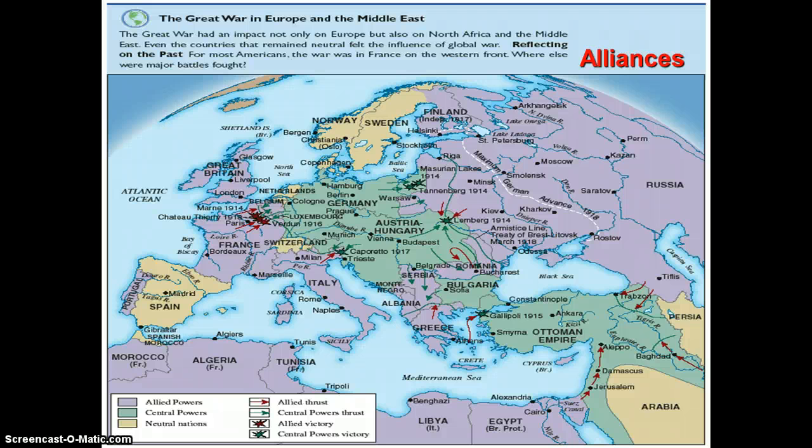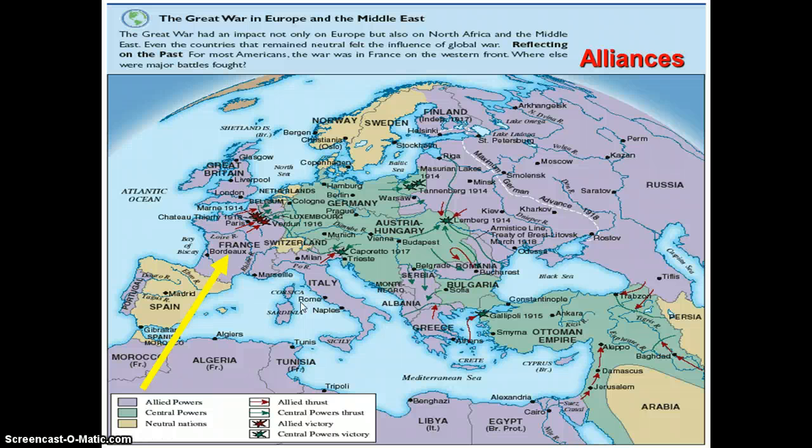So here you can see some of the alliances. We have Germany that will align with Austria-Hungary. Serbia is going to align itself with the Allied powers. Again, earlier I mentioned the Ottoman Empire, and Bulgaria will also become a part of the Central Powers on the opposite side. And here you see Spain, Sweden, and Norway, and other areas like the Netherlands and Switzerland, who will stay neutral.